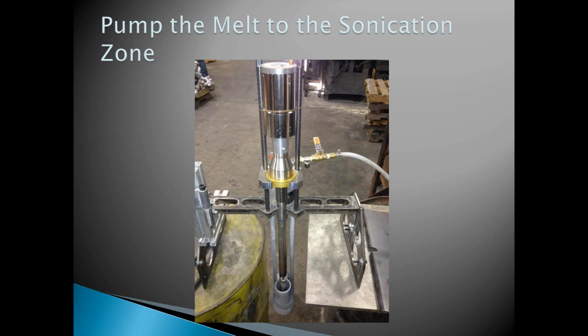That's what it looks like in real life. The ultrasonic probe is in a smaller container that the material is pumped to. So it gets pumped into that area and then pumped through it. And in that pumping operation, you're able to distribute or decluster the nanoparticles